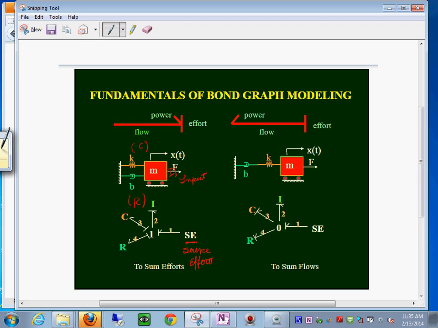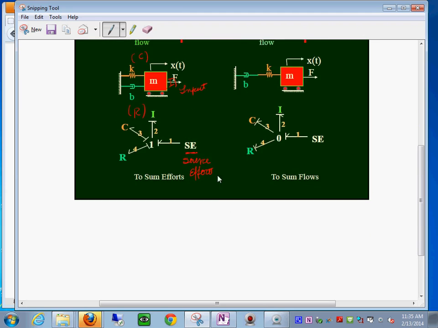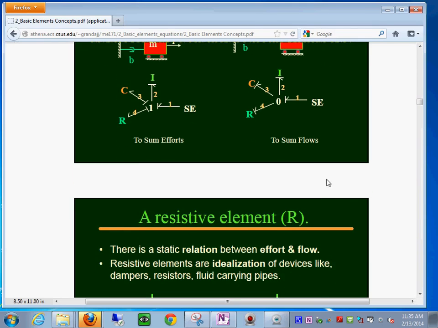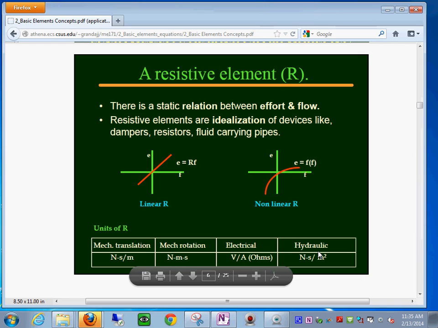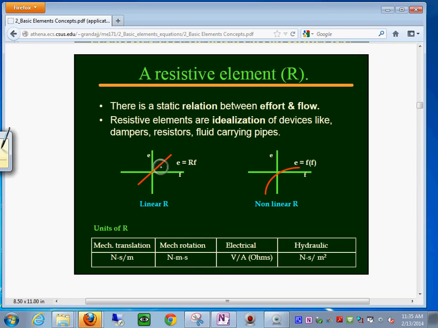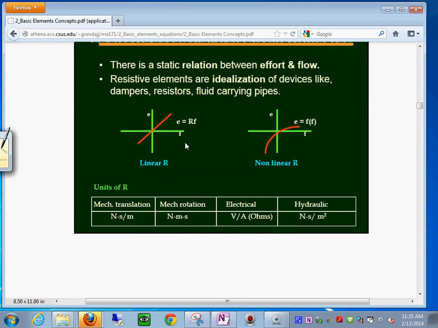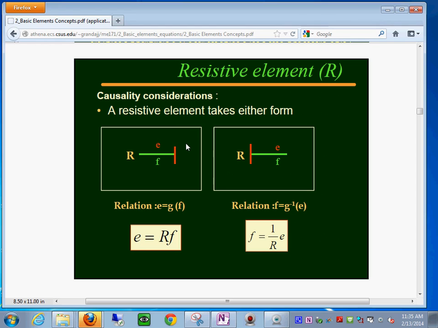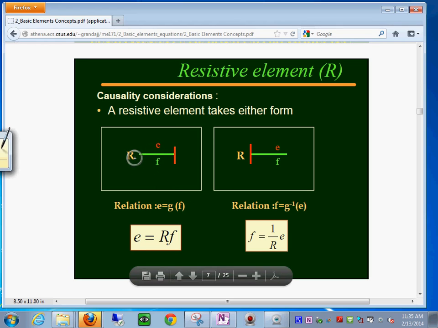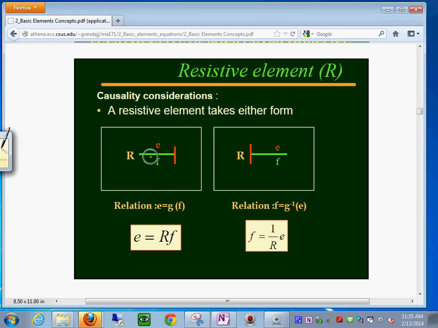So right now what we need to do is just go and look at the first element, the resistive element. A linear relationship exists between the effort and the flow through this equation. If that's true, you have an R element, like this. You see what I'm trying to tell you? If this is an R element and this is the output of A, it means that